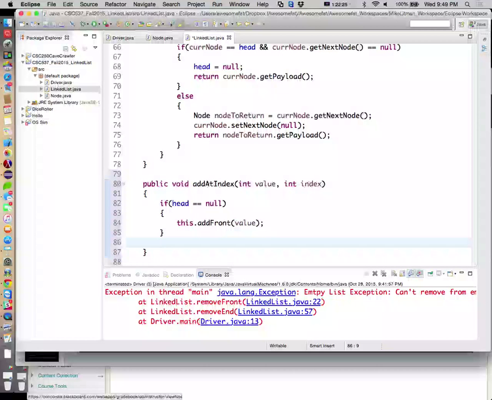Really this is going to be kind of an implementation decision. If they say I want to add something to bucket 6 of the empty list, do we still add it to the list or do we throw an exception? I think it depends on how we make it.